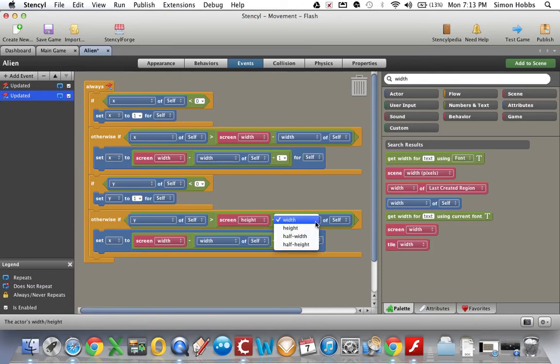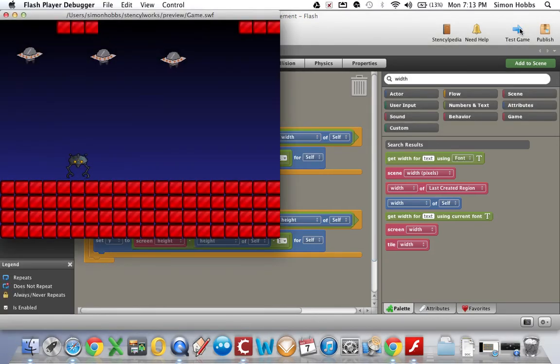So if we change all of these commands, okay, so if you save that, you should then have adjusted the height as well. So your character should not go off the screen. Let's try going up. Okay, great. So he goes up, goes down,